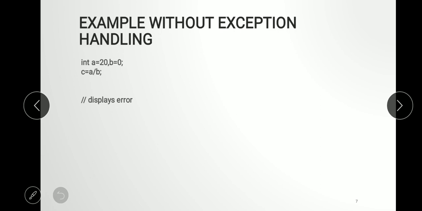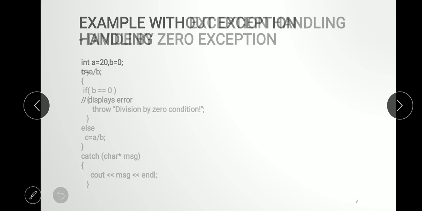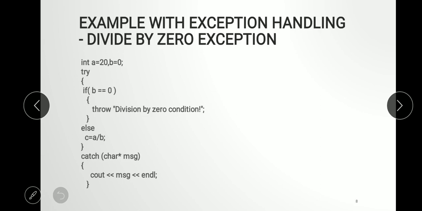To avoid this, we have to use the proper exception handling mechanism like this. Here we write integer a is equal to 20, b is equal to 0, and we write the code where the exception may occur inside the try block.